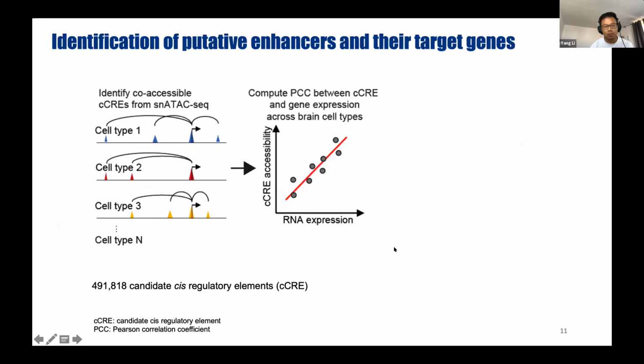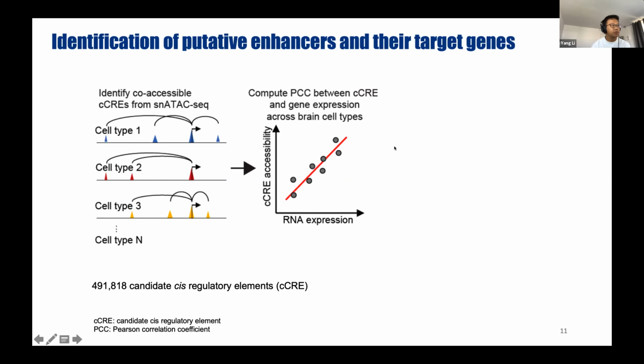The other way is we are really interested to link those candidate cis-regulatory elements to their potential target genes. To do so, we basically use two approaches. We consider the co-accessibility using Cicero, but also we consider whether the opening of this candidate cis-regulatory element is correlated with the expression of surrounding genes.